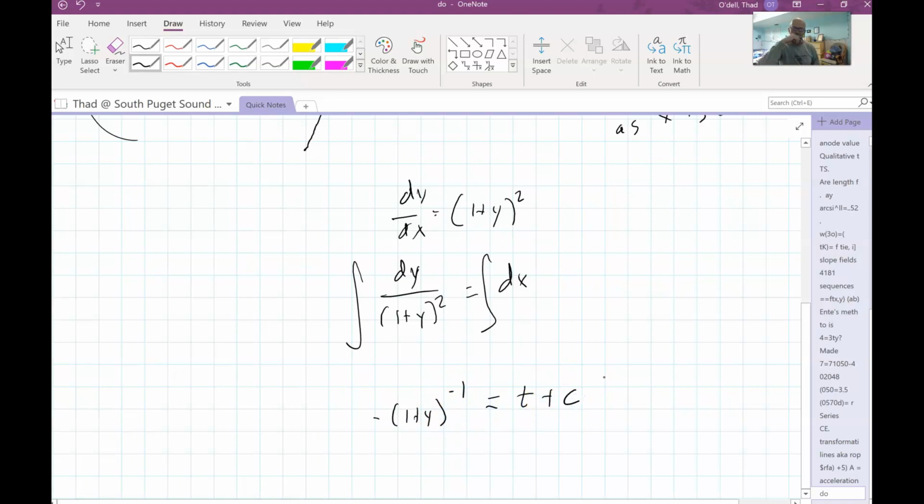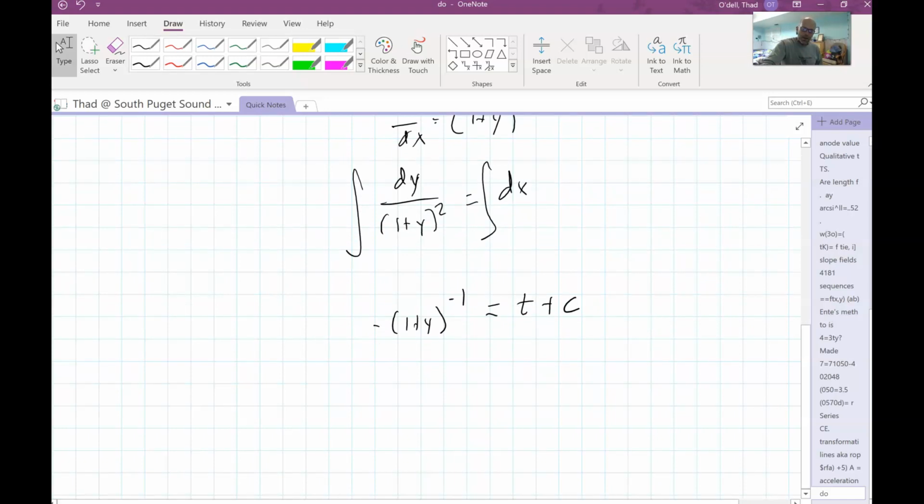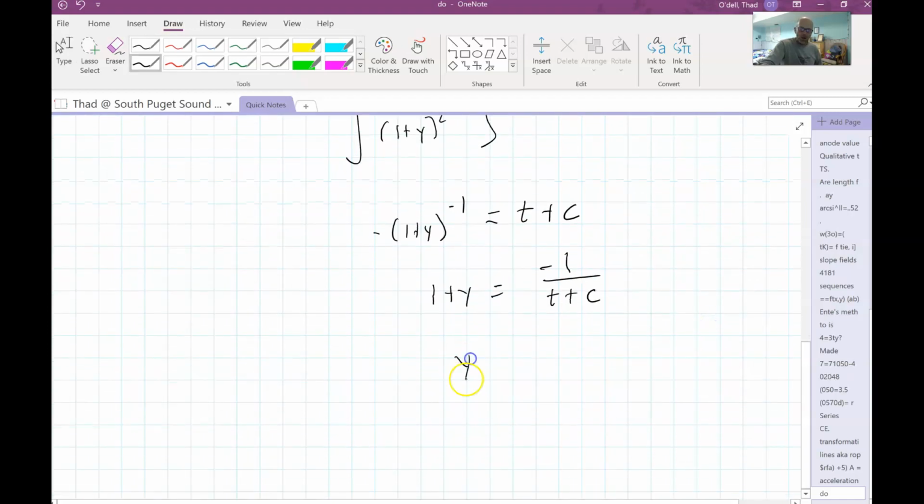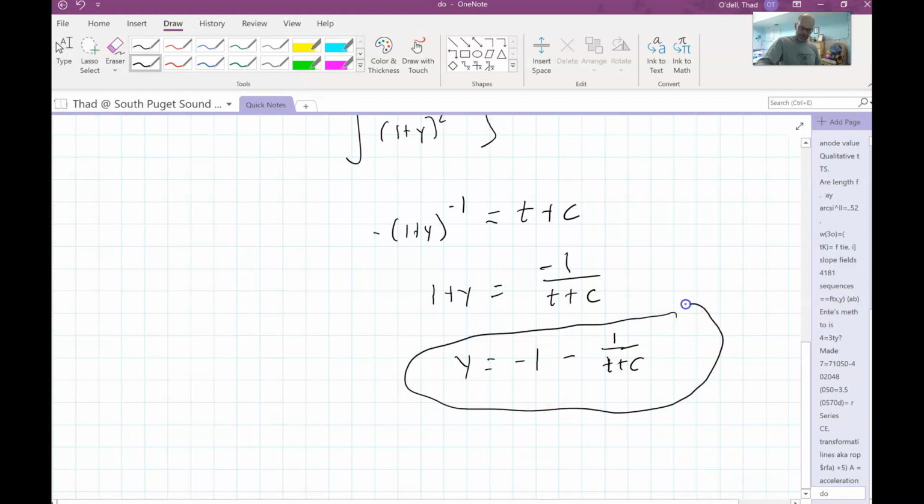That would give me 1 plus y is equal to negative 1 over t plus c. And therefore y is equal to negative 1 minus 1 over t plus c. Now, what we notice here, now that we're looking at the general form of the solutions for this differential equation, not knowing what c is yet, but if you recognize this from pre-cal, this is a rational function,